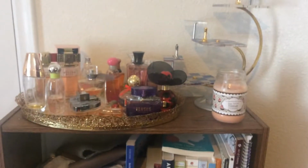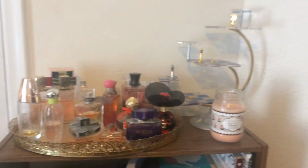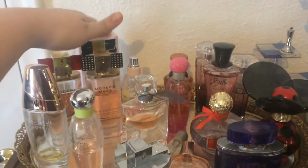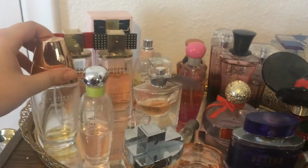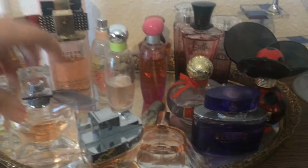This isn't really part of my desk, but it's part of my like extra desk. I still use all the stuff in my routine all the time. So I have all of my favorite fragrances right up here. Actually, the one back here is a gift. But all the stuff that I use most often, and kind of grouped by like, they're supposed to be grouped by what they are, but somebody has been borrowing my perfume lately, so they're not really. But usually I keep like